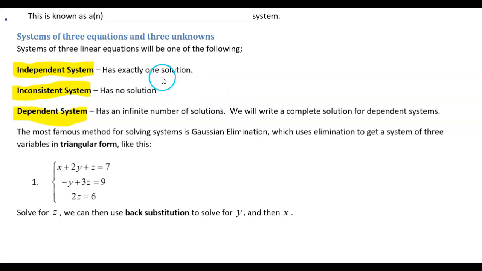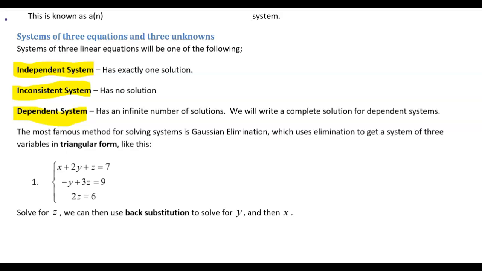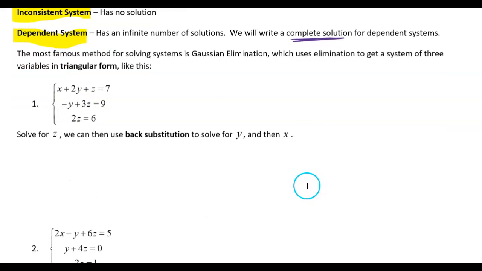When you have your independent, that's your one solution. And when you have your inconsistent, that's no solution. And when you have an infinite, we're going to do the complete solution like we were doing on the 2 by 2s. All right. So if you look at this first problem here, this one's in what we call triangular